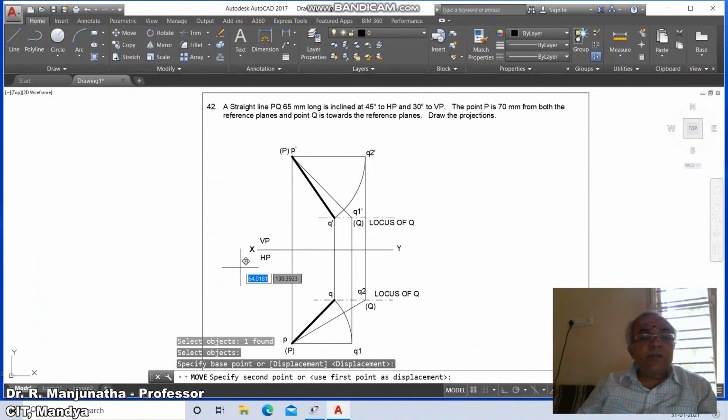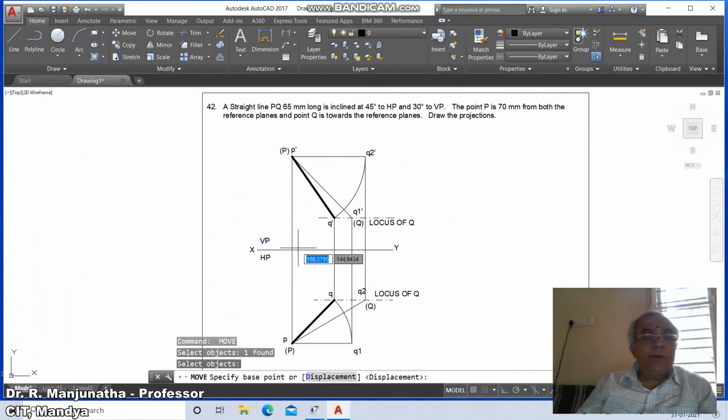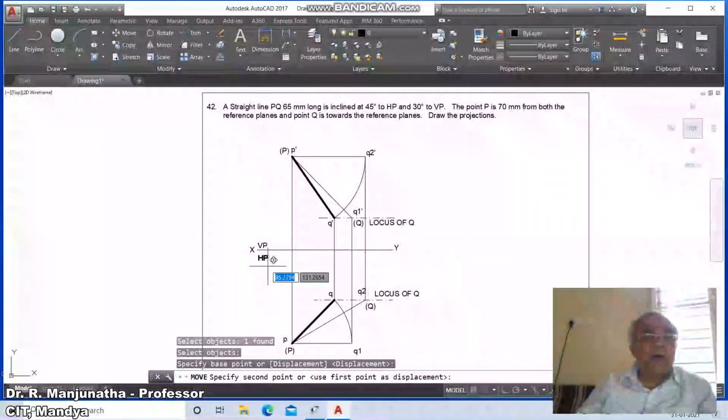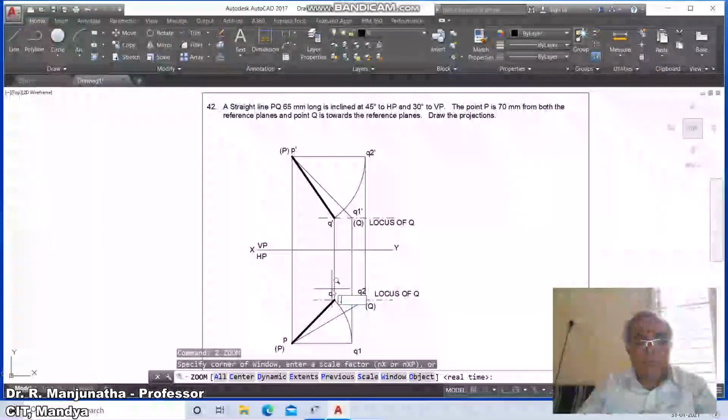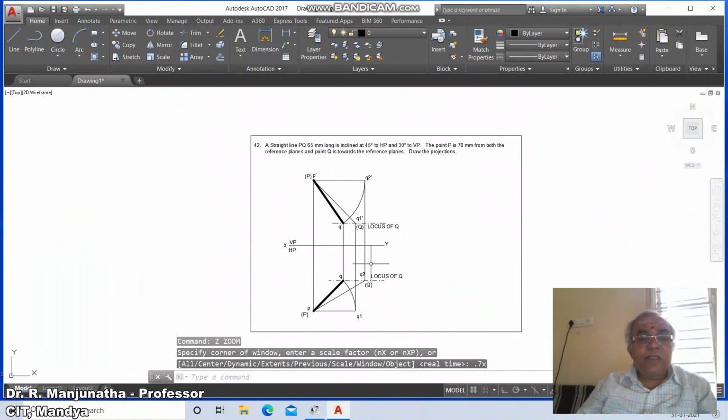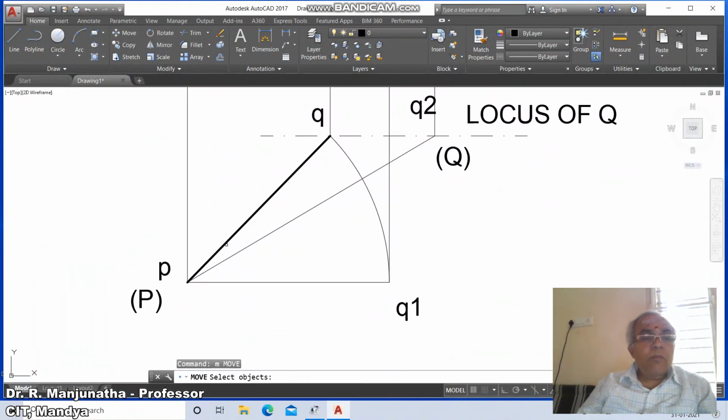So select X and Y first, then you mark VP, and then you mark HP, then you take P, so you take the farther distance, and then come down to zoom window, then go to move.